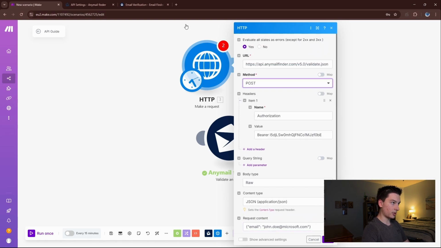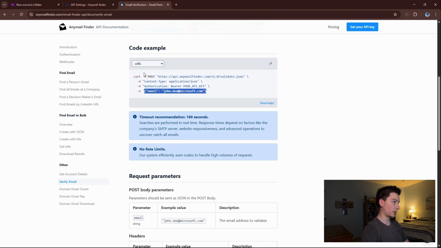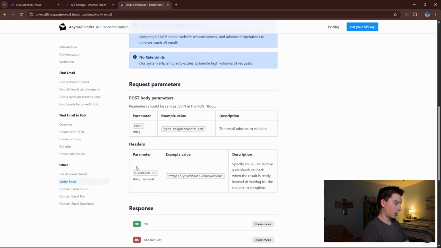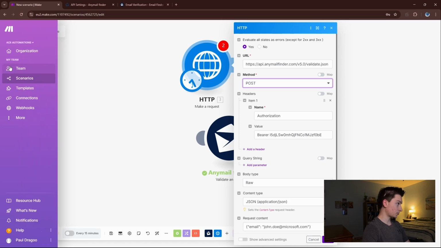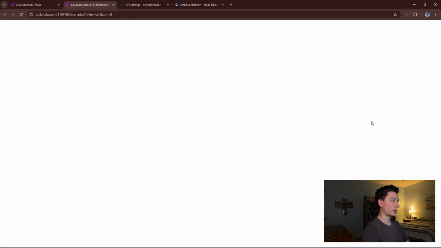So let's see if we have everything set up. We need to change our method to POST, because that's also in here, -POST. We also have our headers. So this is something, it's optional. As you can see here, string is optional. Basically what this does, this is kind of unique to the specific service, but this is actually a good example to show you guys. I'm going to create a new scenario,